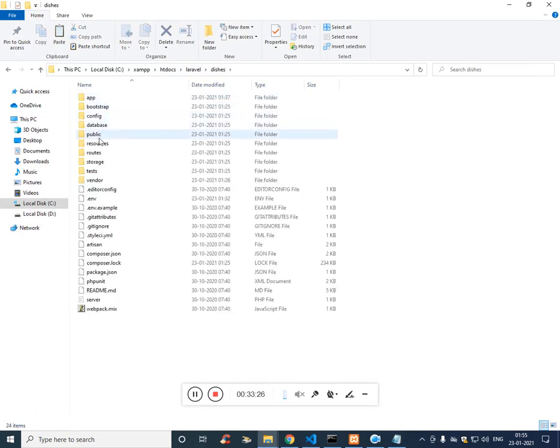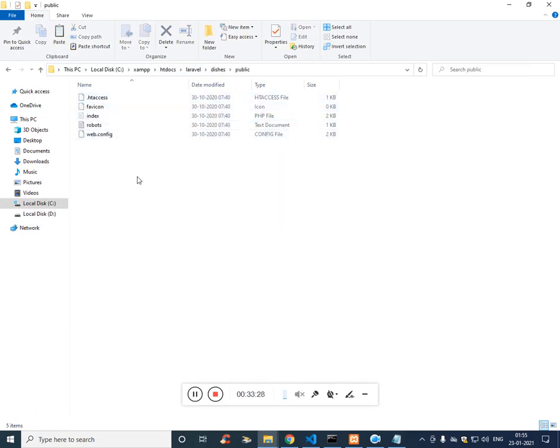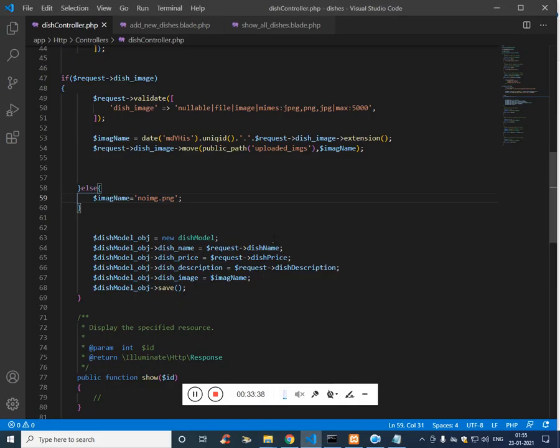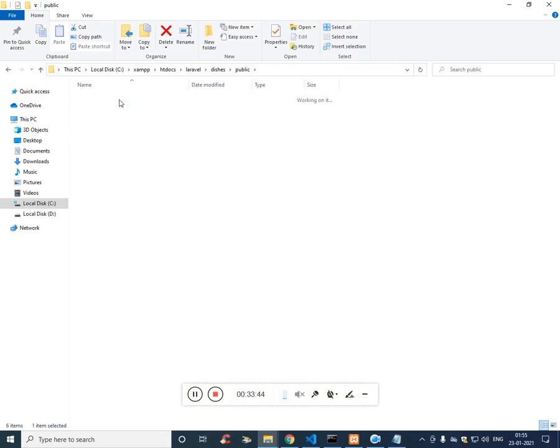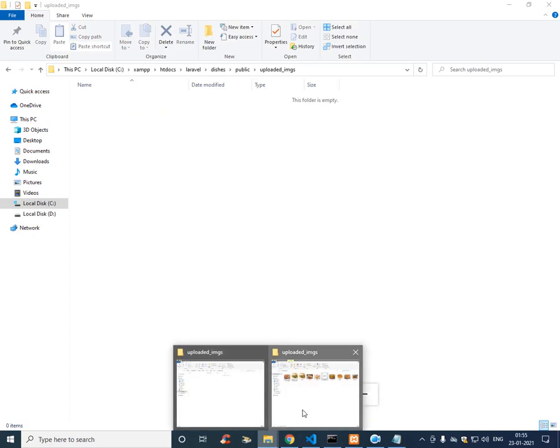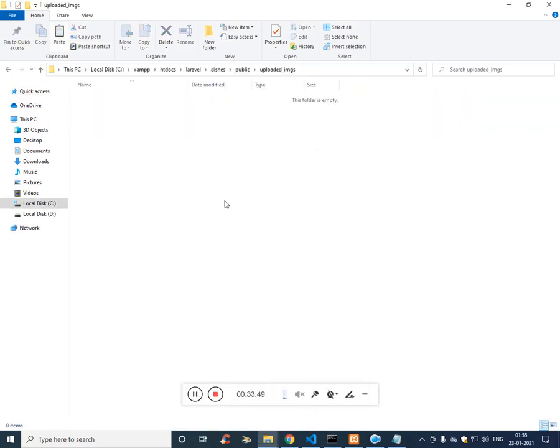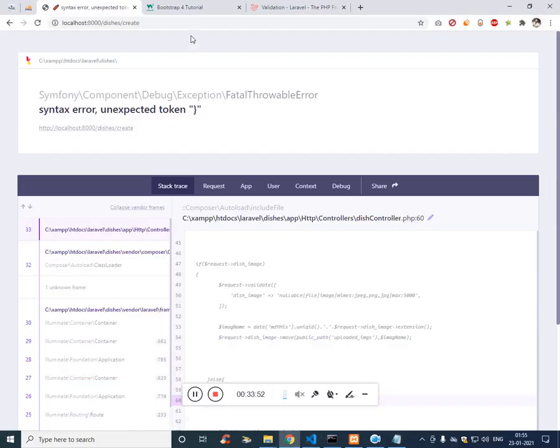Dishes, public, the folder is blank. We haven't created the folder, I'm sorry for that. I think we have created it in the previous project's folder, and this folder should contain the blank image. Copy it, paste it.